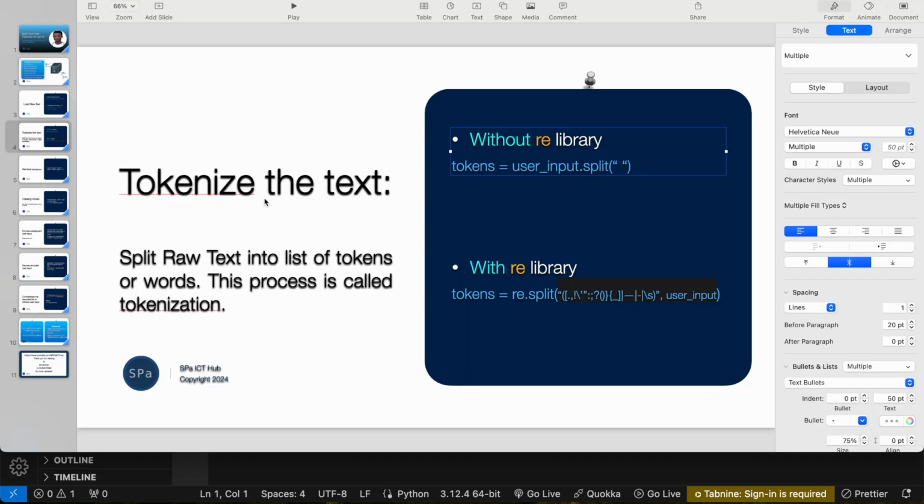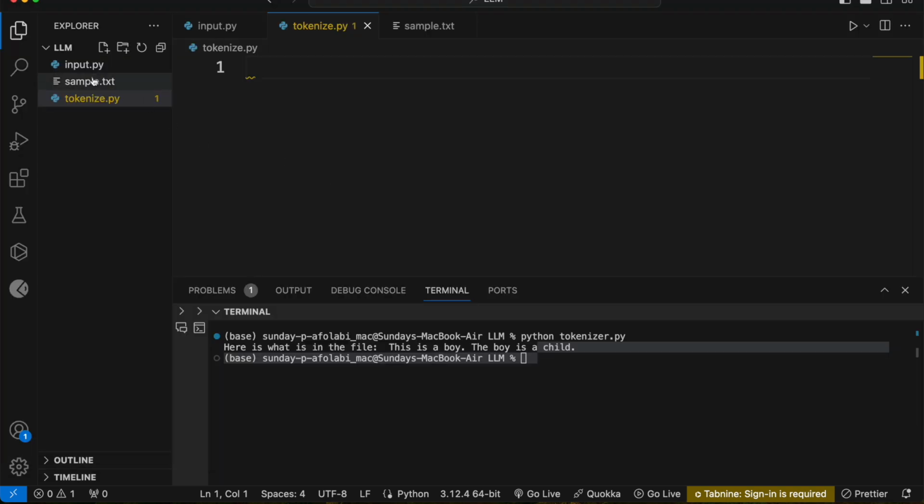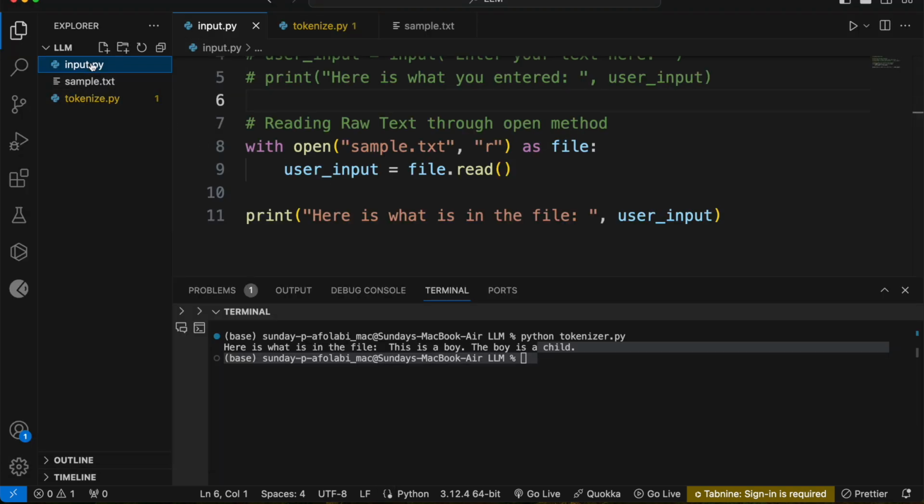So we want to tokenize the text that we read. To do that, let us